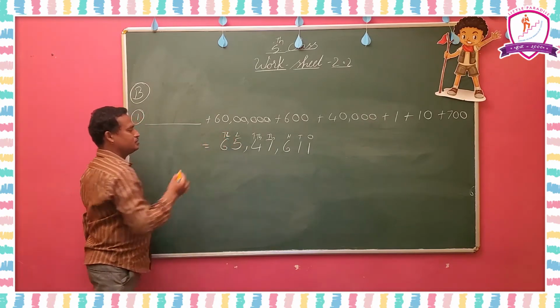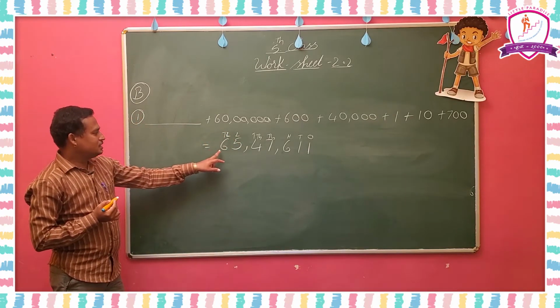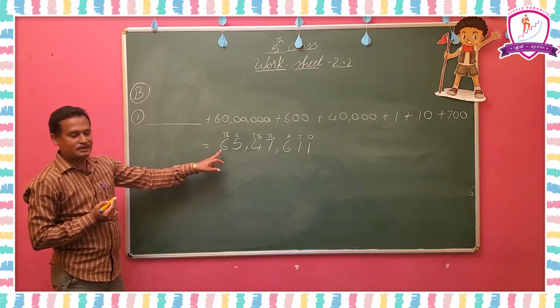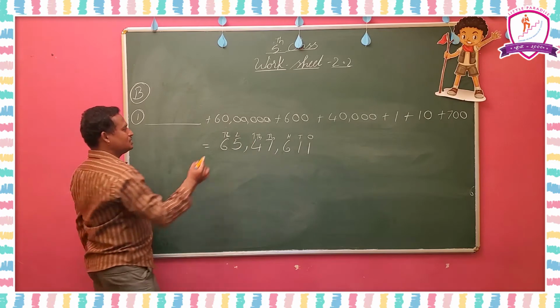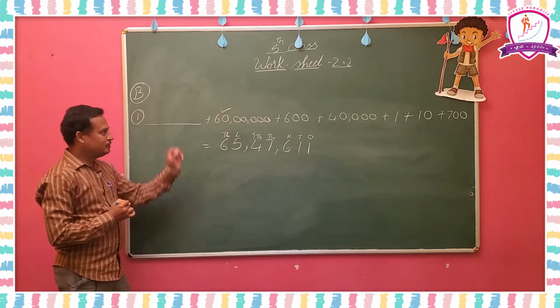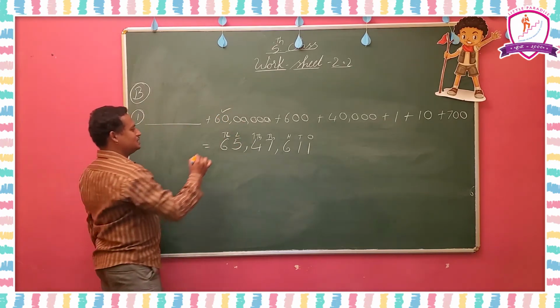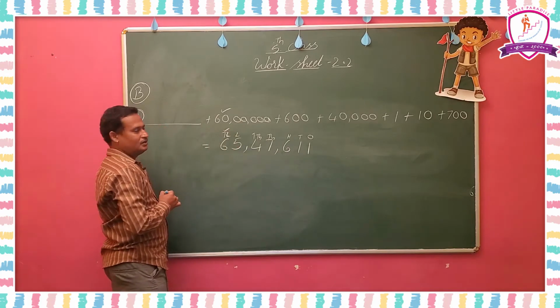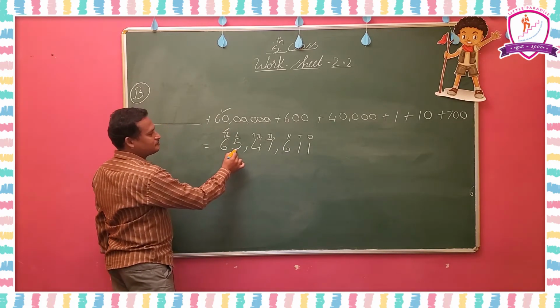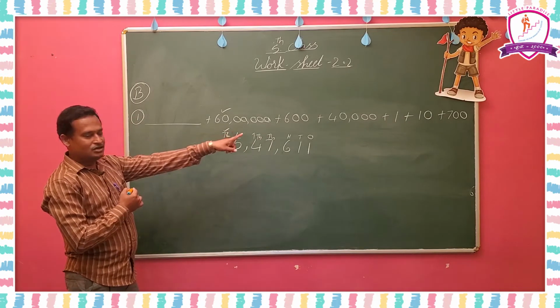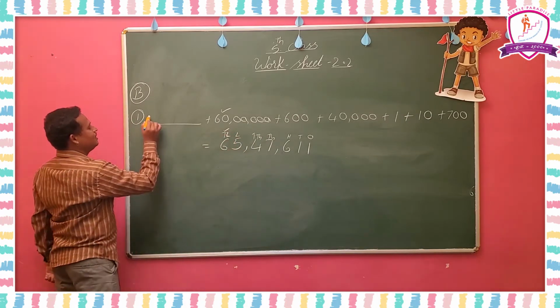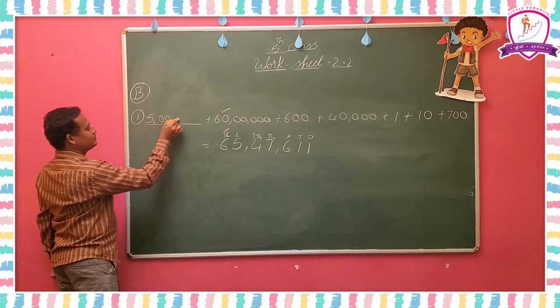Okay. So, check whether 6 in the 10 lakhs place, 60 lakhs, is there in that expanded form. So, 60 lakhs is there. Put a tick for that. So, 60 lakhs is completed. Okay. Next, 5 in lakhs, so 5 lakhs should be there in the answer. There is no 5 lakhs there. So, you have to fill 5 lakhs in this blank. 5 lakhs.